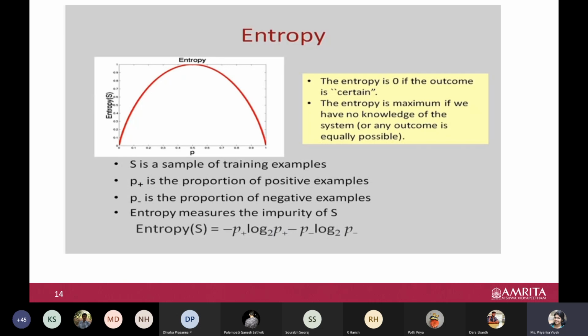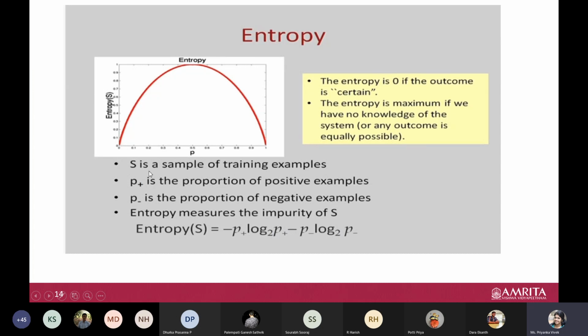entropy, isn't it? So if you can see here, in this example, P plus means positive, negative means it need not be always positive, negative. But when you have a binary classification problem, we can say that it is that class or not. Like the patient is cancerous, we can say it is positive and negative is not cancerous. Similarly, if mail is spam, we say positive and negative is not spam, something like that. So usually for binary, it is like that, isn't it? Yes or no kind. So that is why it is termed as positive, negative examples.